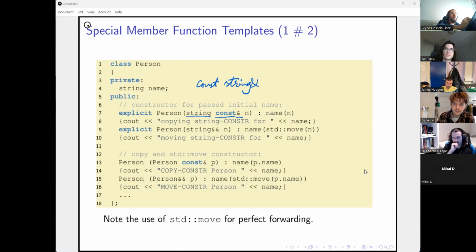The second overload of the constructor takes its argument by what is called an rvalue reference, and that's because it's using move semantics.